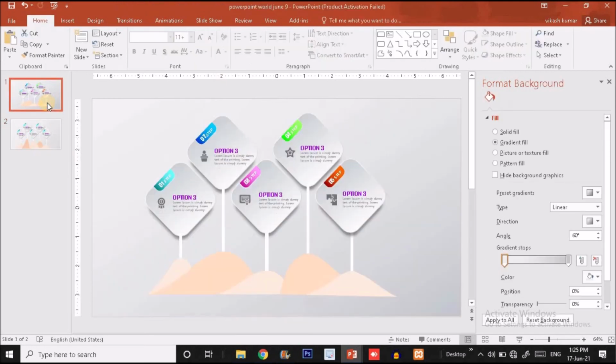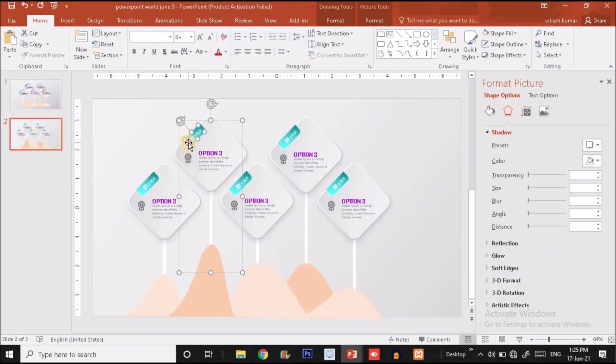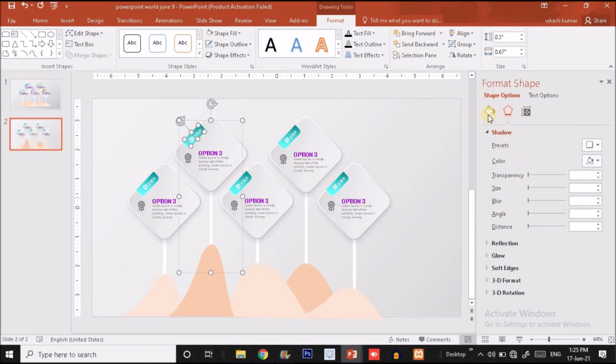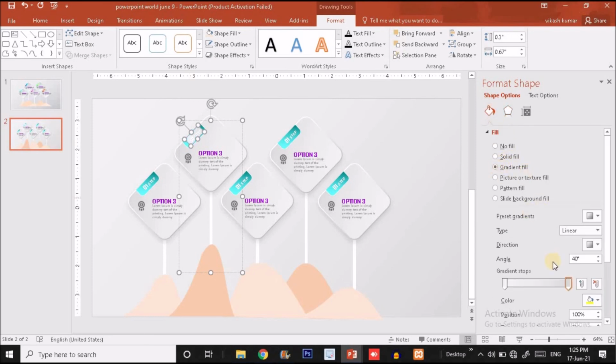I have provided all these things in the previous slide, as you can see here. So you have to do just these few steps and your infographics will be ready for use. So let me do it very fast, guys. I'm fast forwarding the video so that you can save the time, guys.